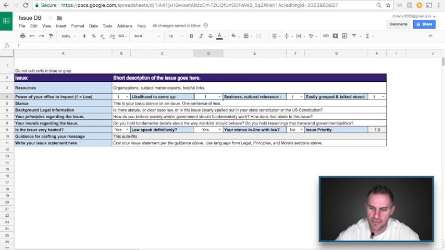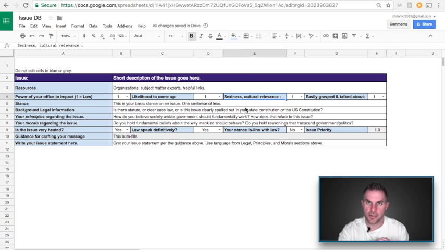You get the point. The next criterion here, sexiness, cultural relevance. Does the issue have a lot of play in the media right now? Is it something that people get really fired up about? Like a lot of cachet. So that also is 1 low, 5 high. You give it a rating there.